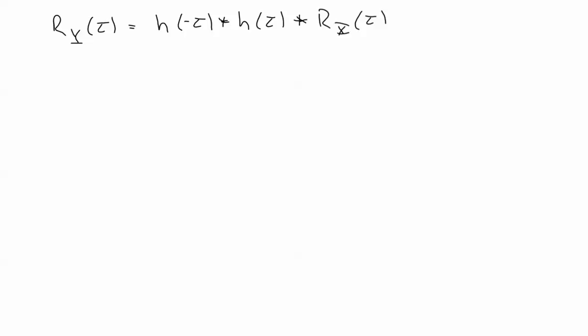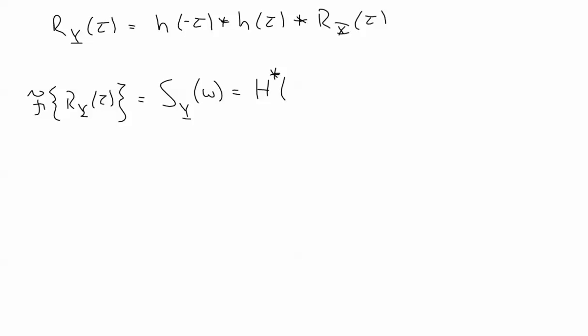If I take the Fourier transform of all this, by the Wiener-Khinchin theorem, it's going to give me the power spectral density of the output, and that's just going to be h complex conjugate of omega times h of omega times the power spectral density